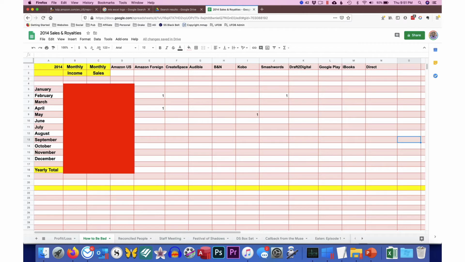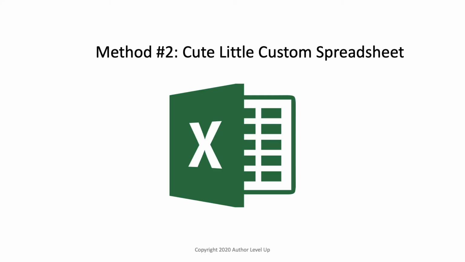Now, I got a little bit wiser, and I said, okay, you know what? This didn't work. I'm going to try something different. So here's what we are going to do. I am going to create a custom spreadsheet, but I'm going to do it a little bit different this time. I've learned some things, I've made some failures. So what I'm going to do is hire an Excel guru, somebody who understands Excel, the inner nuances and the ins and outs and the macros and the VBA and all that stuff. And I'm going to have this guy do a spreadsheet for me